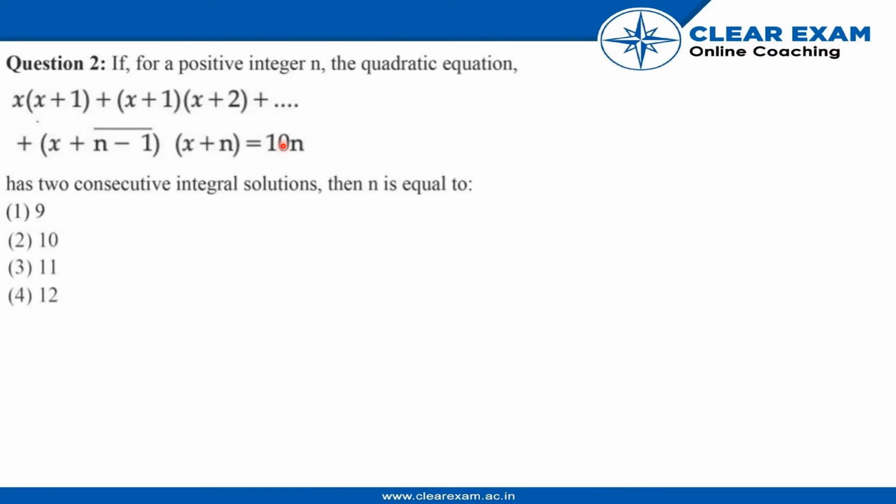Now, first let's read the question. The question states that if for a positive integer n the quadratic equation this is equal to 10n, then we have to find the consecutive integral solutions for the value which n may hold, right? The equation is x into x plus 1, x plus 1 into x plus 2, going on till x plus n minus 1 into x plus n equal to 10n, right? To solve this question,